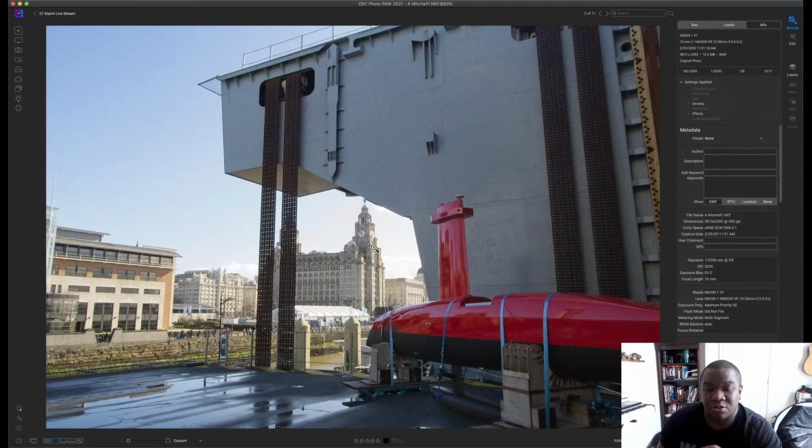I would have shot this in maybe 2 or 3 different exposures. Specifically, one underexposed, so this would be completely dark, but this would be exposed properly. And then the second one would be the exposure for this being exposed properly, and this being blown out. And then we can photo stack those using an HDR merge and really blend those two together, or we could use a luminosity blend mode and bring those two images together. So there's a few different options. The reason why I bring that up